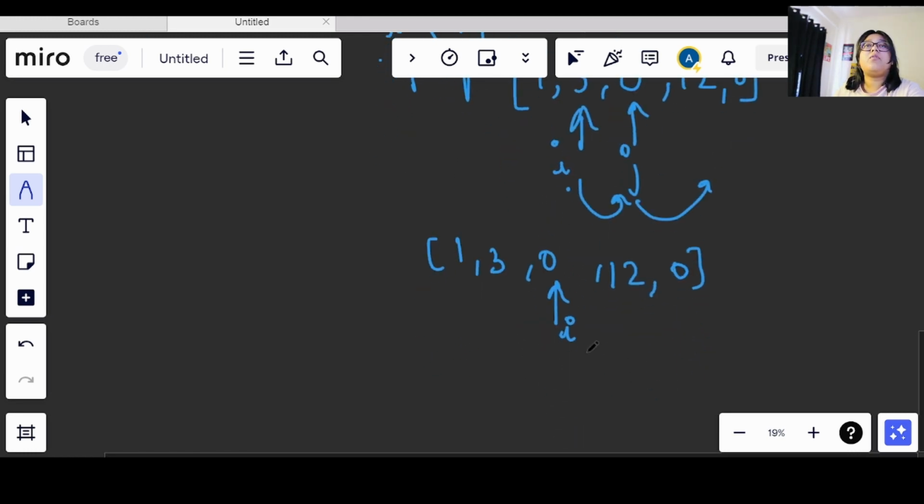What will happen now, that this I will check, this value is 0. Yeah, it is 0, and my j is on a non-zero value, right?